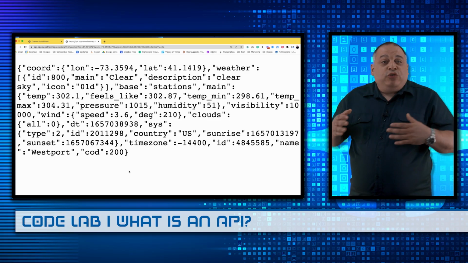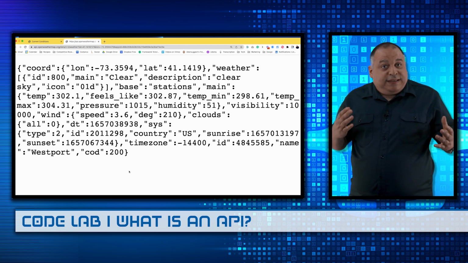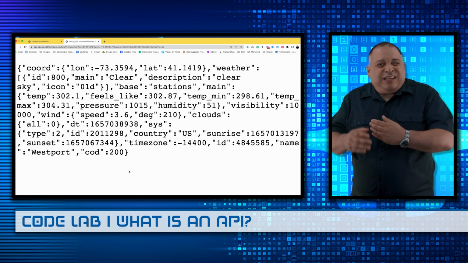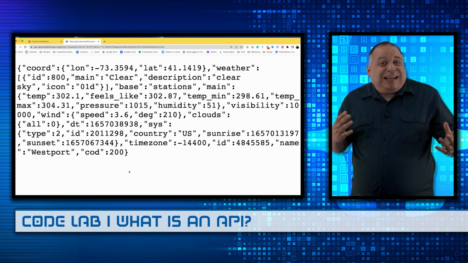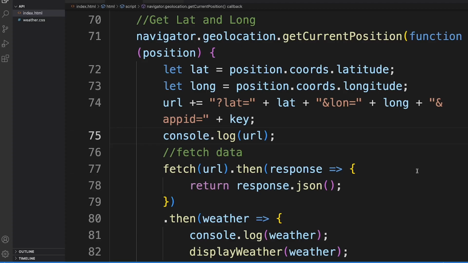I actually didn't use all this information in the app. I could have given a more detailed report based on this API, but it starts to get repetitive since every detail is accessed the same way. Notice we have the sunrise and sunset. So this is the string that comes back. This is called JSON, JavaScript Object Notation. So this is processed by my code once it's returned to the browser.